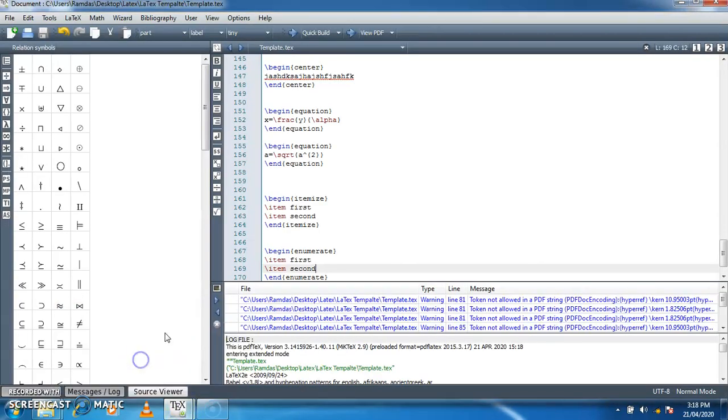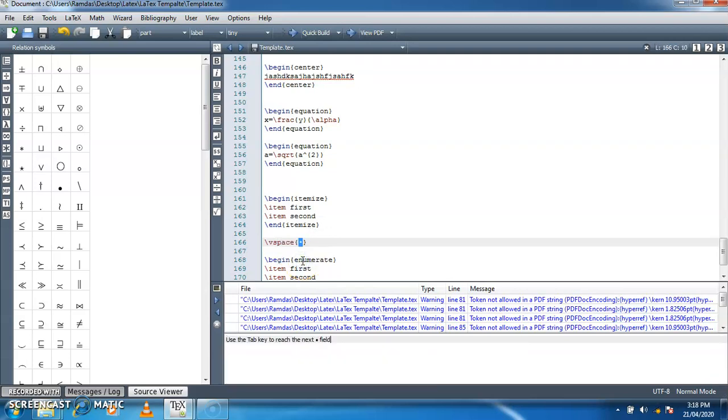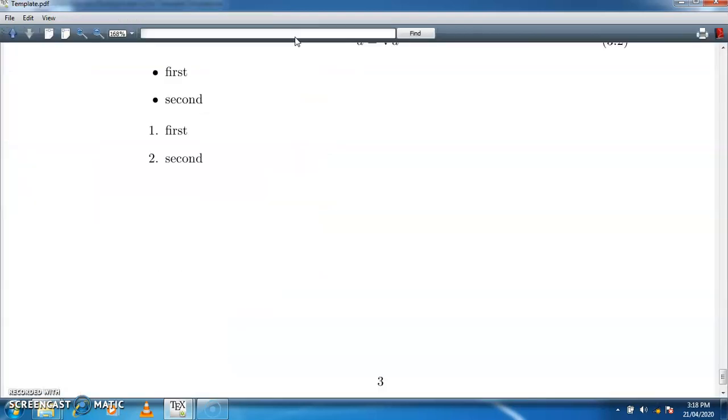Now you see the next command. Suppose I want to include a space between these two lines, a vertical space. So you can use this particular command slash vspace, and you need to give the input in inches. Here you can see that I am including 1.9 as the vertical space I want to add between these two commands, so the command is vspace. Now you can see that the vertical space has been added between these two commands. See, the first and second with bullets, and between that we have included the vertical space.